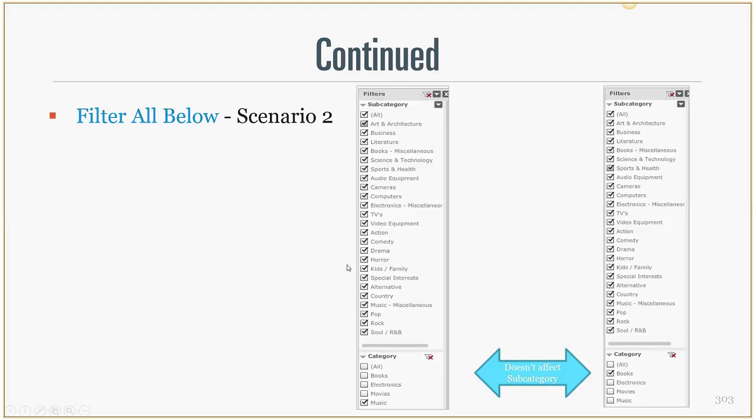Now, in scenario 2 again, I just swapped category and subcategory. I decided to choose all the subcategories over here. However, since I set filter all below,